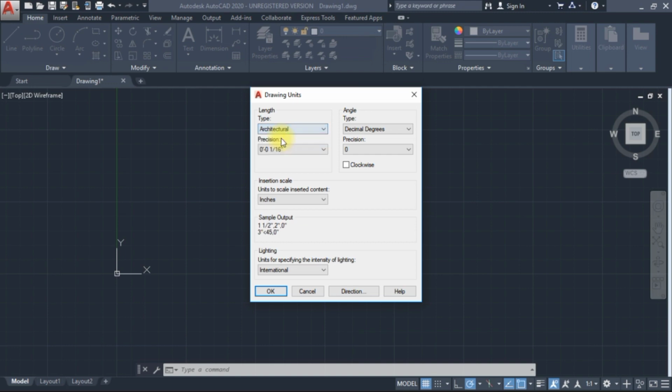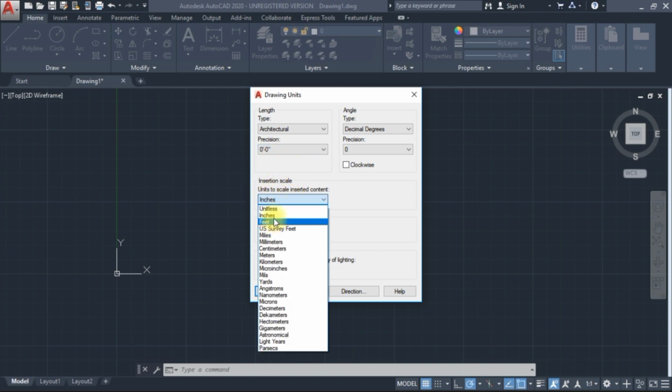In precision you can select different types of values. I have selected 0 feet 0 inch, and below that is the unit. Here you will see different units like inches, feet, millimeter, kilometer, but mostly engineers or architects choose inches or feet.